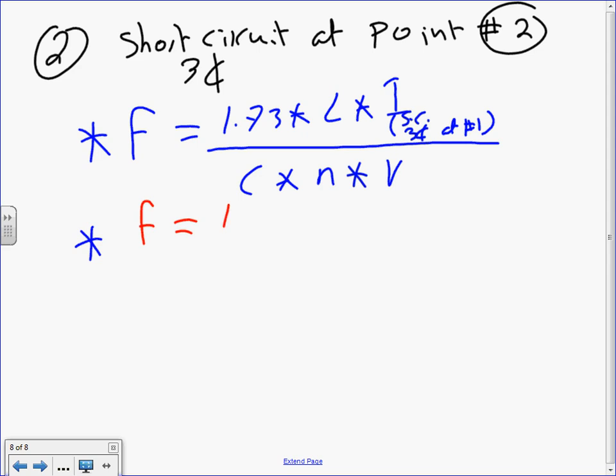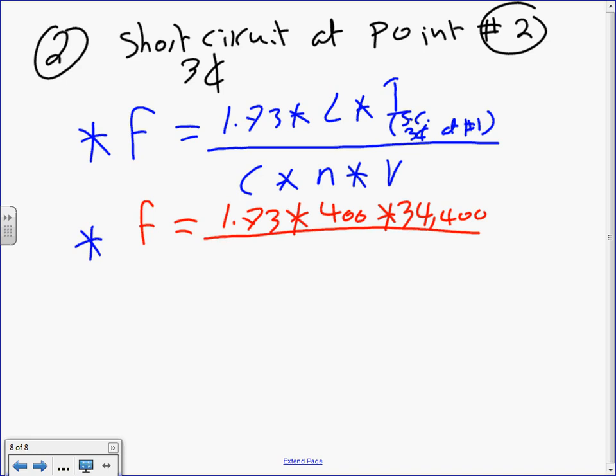F factor equals 1.73 times, what's the length? 400 feet, right? That's just to the panel. 400 feet times, what's the short circuit at point 1? We just calculated that one. What was it? 34,400. Right, Adam? 34,400. Divide by,